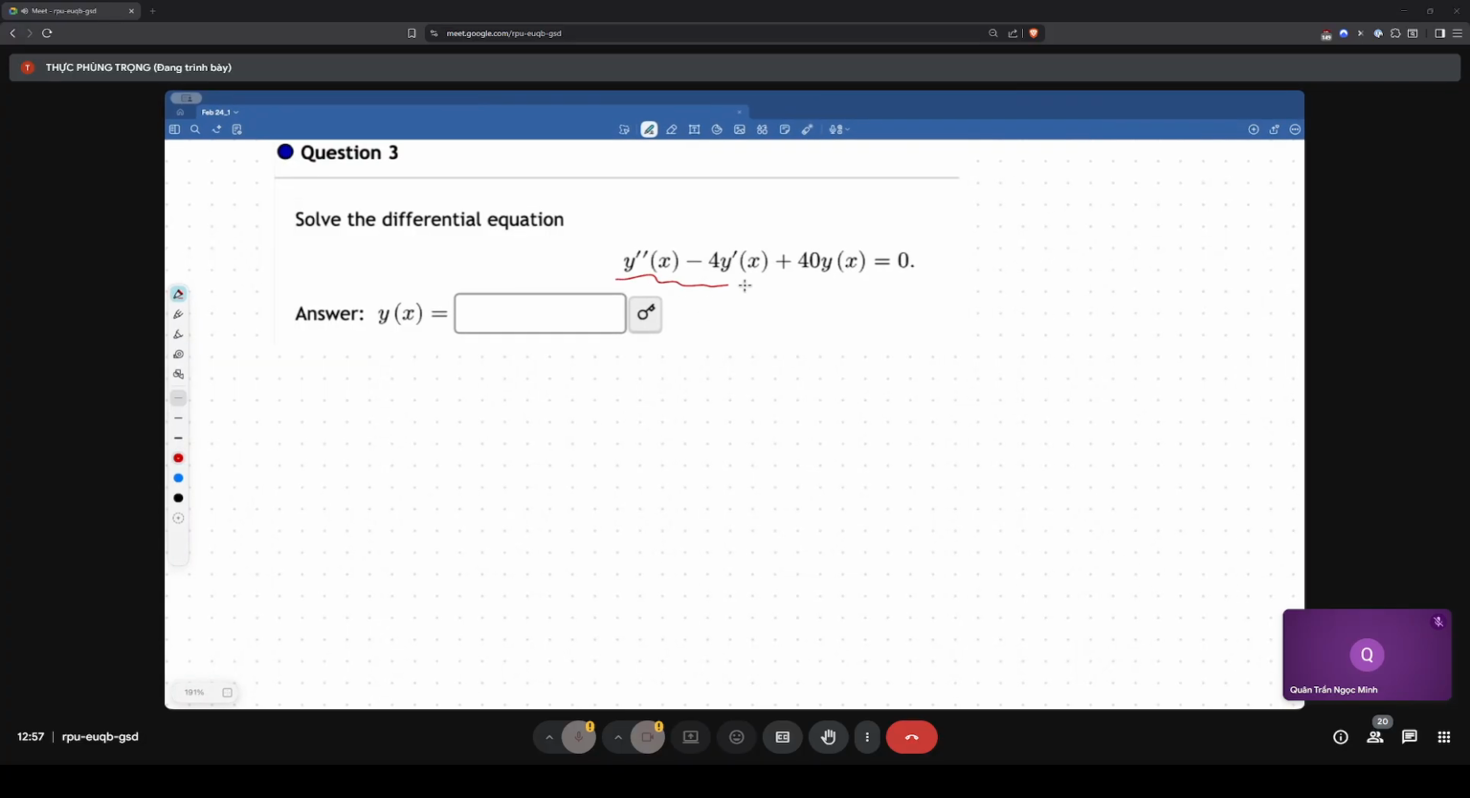Now the first thing we do again, we look at the characteristic equation. The characteristic equation is t squared minus 4t plus 40 equals 0. You saw this one. Delta is 4 minus 40, so you get negative 36. So you get t